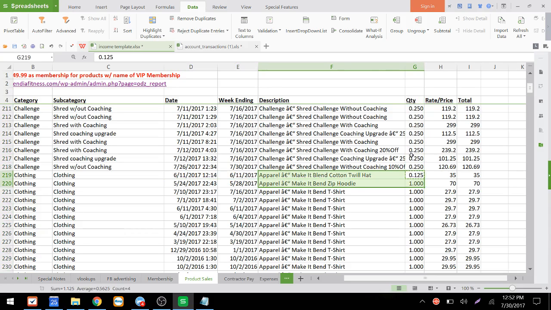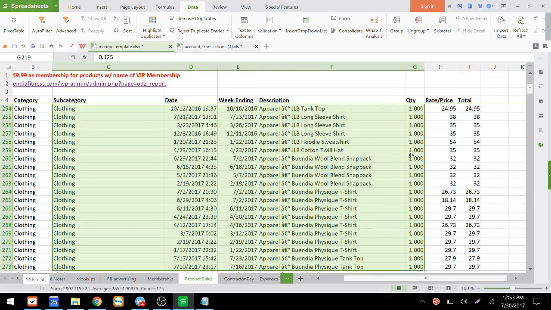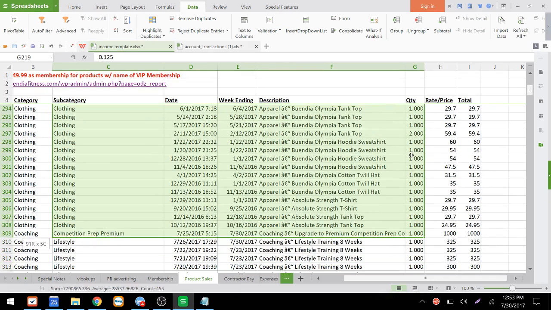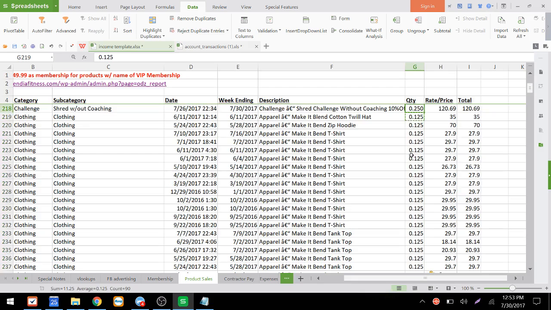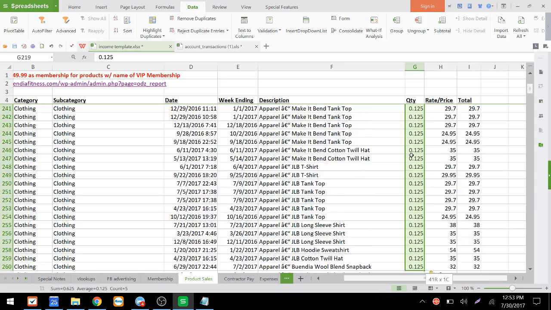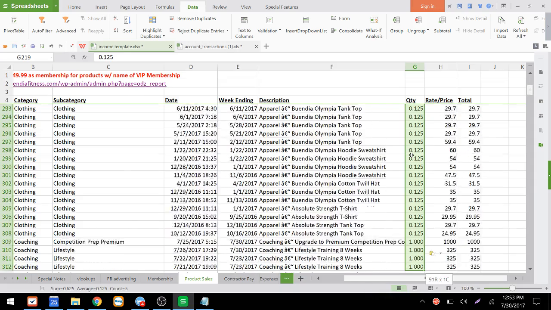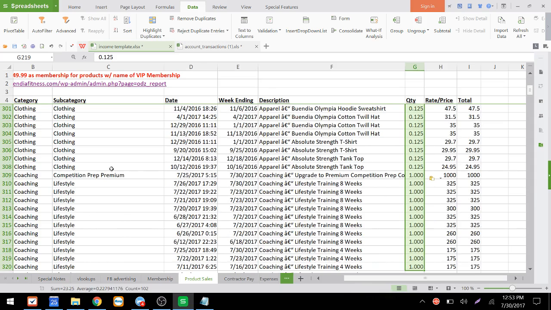So we're going to just go down to clothing, and shouldn't be a whole lot, but I'll hit page down to make it quicker. Okay, so all these should be 12.5, and you can see we went from 25 for the challenge for coaching, and then the clothing we went to 0.25 for all the clothing. And here's where clothing ends, and we're good.